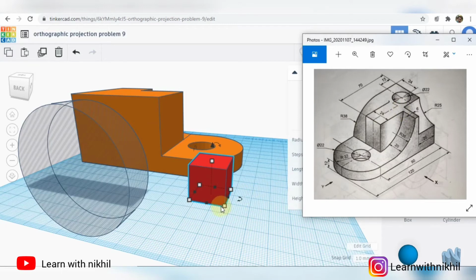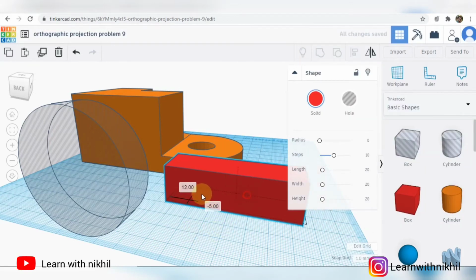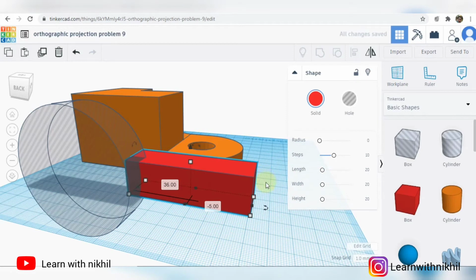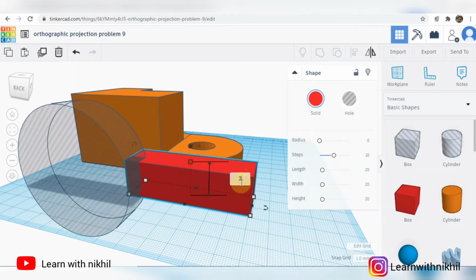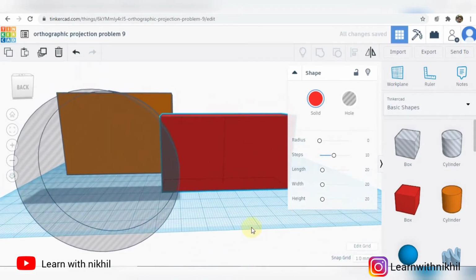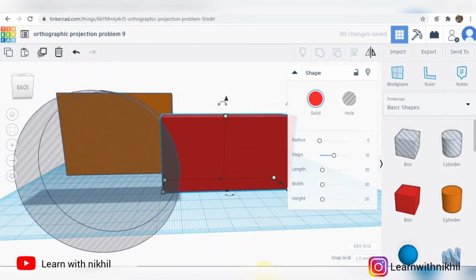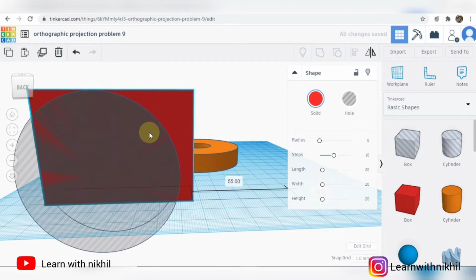First we will just create the replica of our block, the original block, with the width and height of that rectangular part. So width is 70, height will be 38 plus 12, as it is above 12. So first I have made it 38 and it is above the bottom block, so the total is 50.